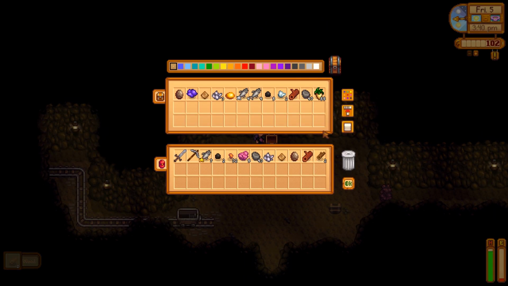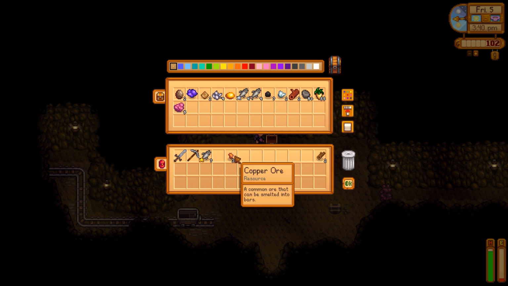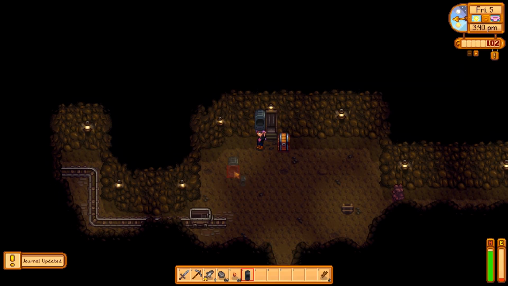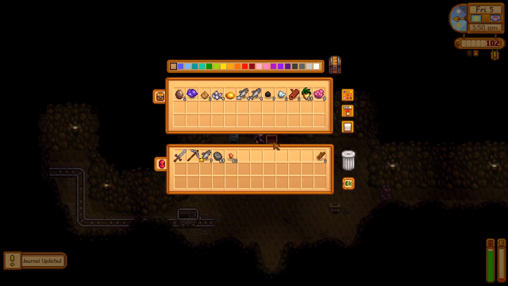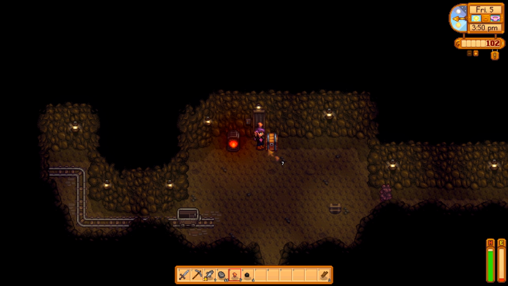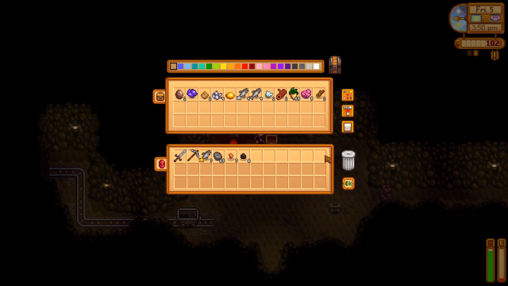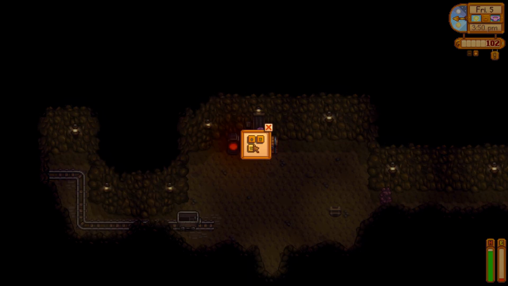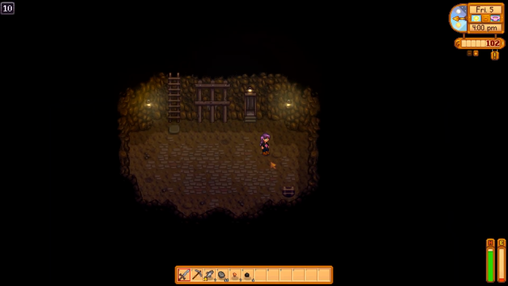Alright, we're not doing too badly here today so far. We've gotten enough copper ore now that we can place down a furnace here. And then we want to get smelting copper as quickly as possible in there, so that way we can have 5 copper bars ready to go for whenever we have an opportunity to upgrade